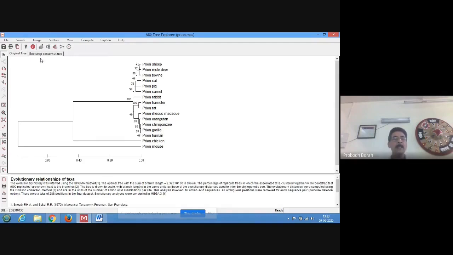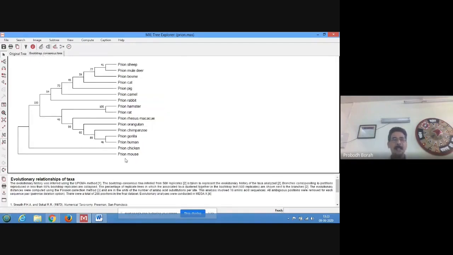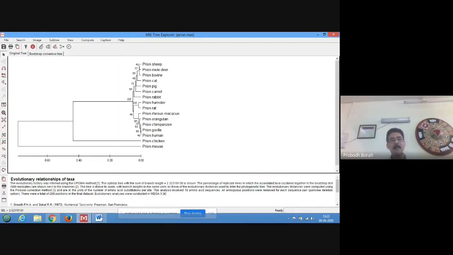Like I said, you can go back to bootstrap consensus tree, and this will be the final tree, and you can copy and paste it, or sometimes the original tree may also be copied and pasted, whichever you choose. But this diagram can also be changed by different methods, because there are a number of different methods to represent or display the phylogenetic tree.